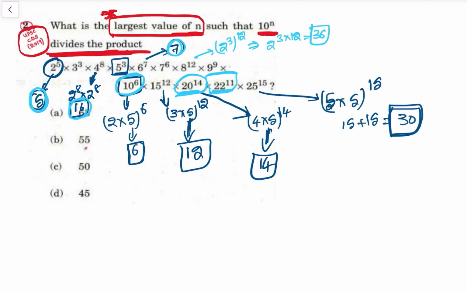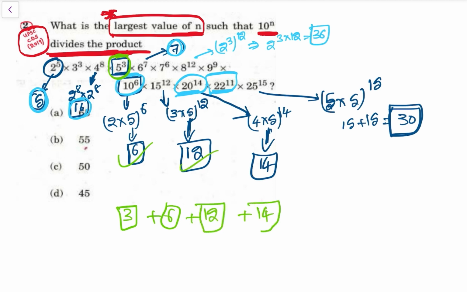So there are many twos, so let's count the number of fives only. The number of fives is 3 plus 6, this one has 6, then 12 plus 12 plus 14 plus 30. So that is